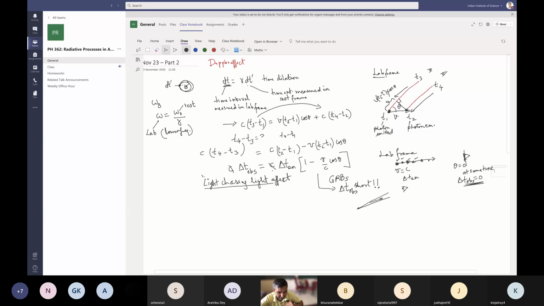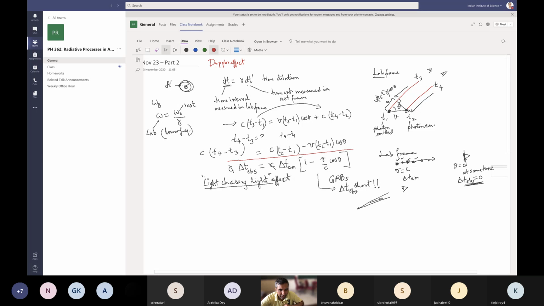Light chasing light. The other effect that we were talking about previously was aberration. That is, most of the photons come in the forward direction, close to the direction of the motion of these relativistic particles. This is slightly different. This is the light chasing light effect, that the interval in the observer frame is much shorter than the interval in the emitter frame. Okay, so this is the light chasing light